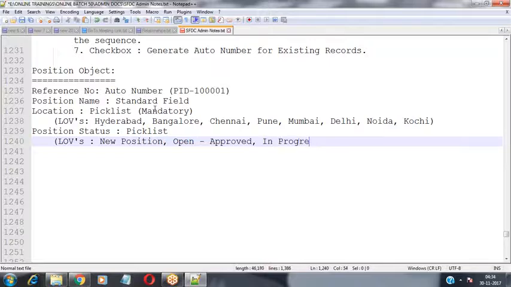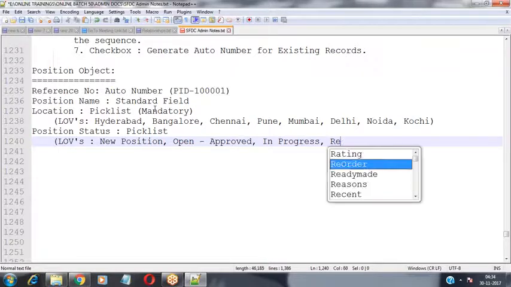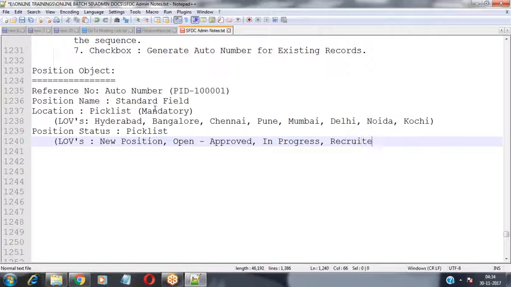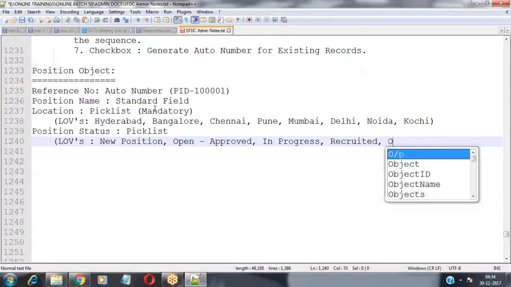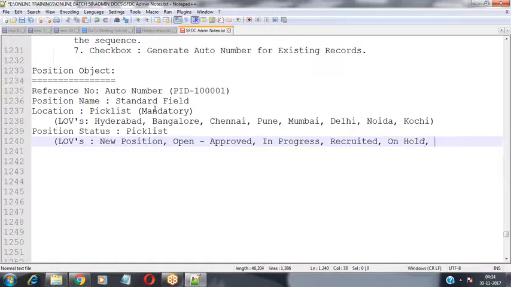Once the budget has been approved, the recruitment people, the HR people, will start recruiting candidates for the position, so they change the status to in progress. Then recruited, nothing but they have recruited the candidate for the position, or on hold, because the project is on hold, it is in the pipeline, so we change the status of the position to on hold. And then closed, nothing but we have closed this position.